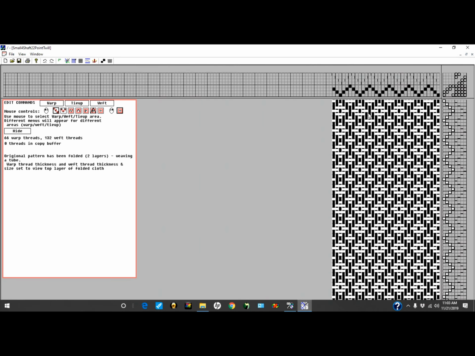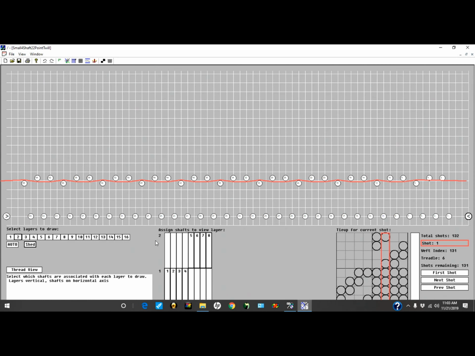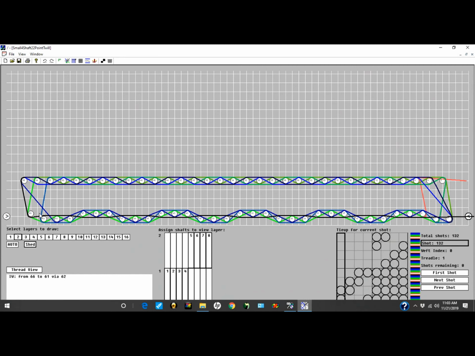And when I execute that, there's the surface layer. It looks like it's going to do something okay. Part of the reason I created the display multi-layer cloth is so I could see what's going on. And if I ask for the whole thing, you'll notice, let me turn the shed off, it's a little bit